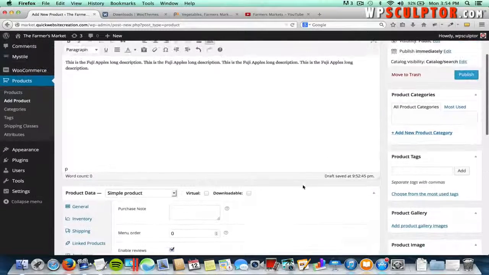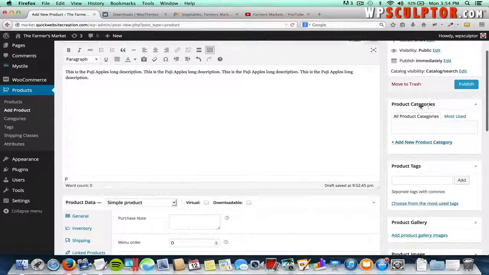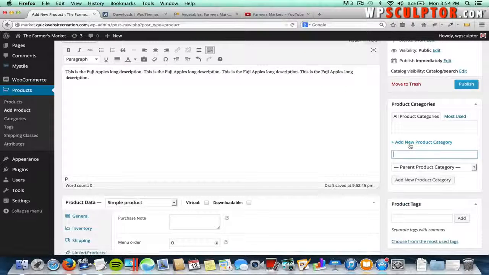And then we need to come up here and under the product categories section, click on add new product category. And categories are a great way to keep your store very organized, and it's great for the usability of your online store. You want your customers to be able to easily find the products that you have, and you want it to be